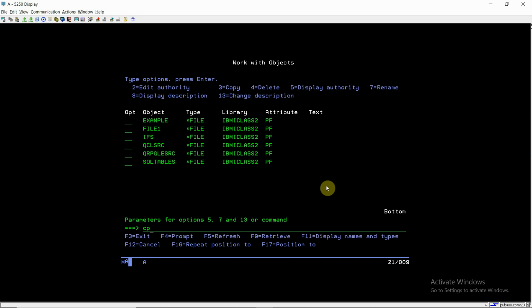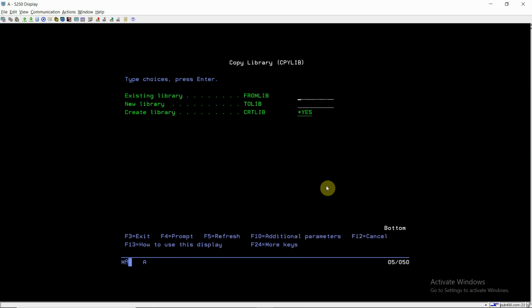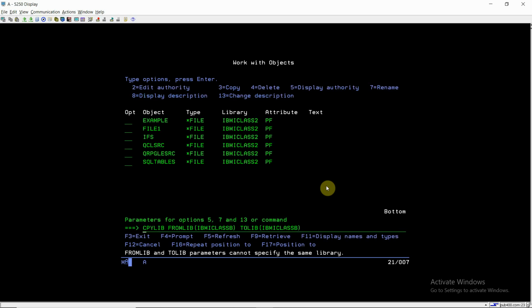So I'm giving you the CPYLIB command demo here. When I write CPYLIB and press F4 on it, I have three parameters here: FROMLIB, TOLIB, and CRTLIB *YES. Suppose for IBMICLASSB I give the same library name in both parameters.